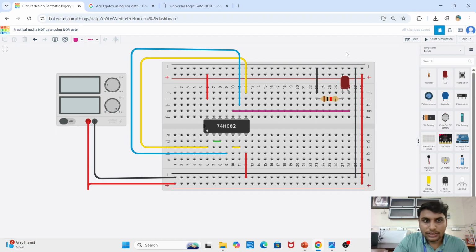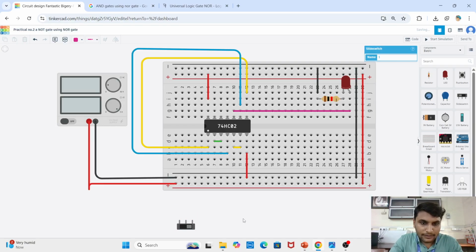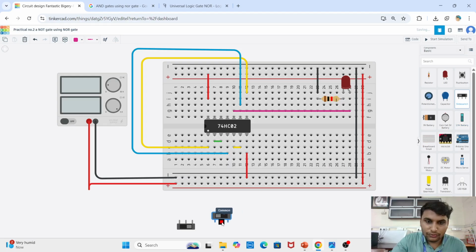Okay, so the necessary connections will be done, but we have to provide the input, like a 1 and 0. For the input of 1 and 0, we have to choose the slide switch. After selecting the slide switch, rotate it by the R key. We have already created 2 gates, right? So we require 2